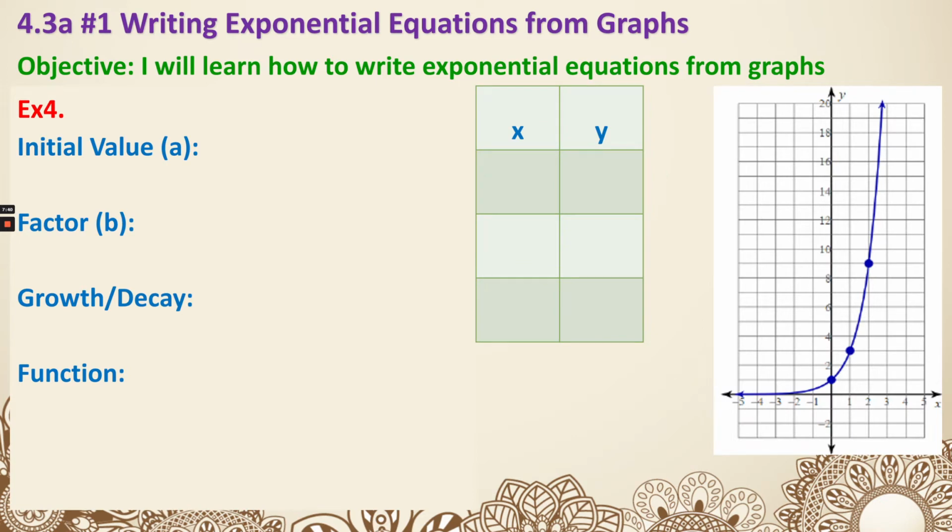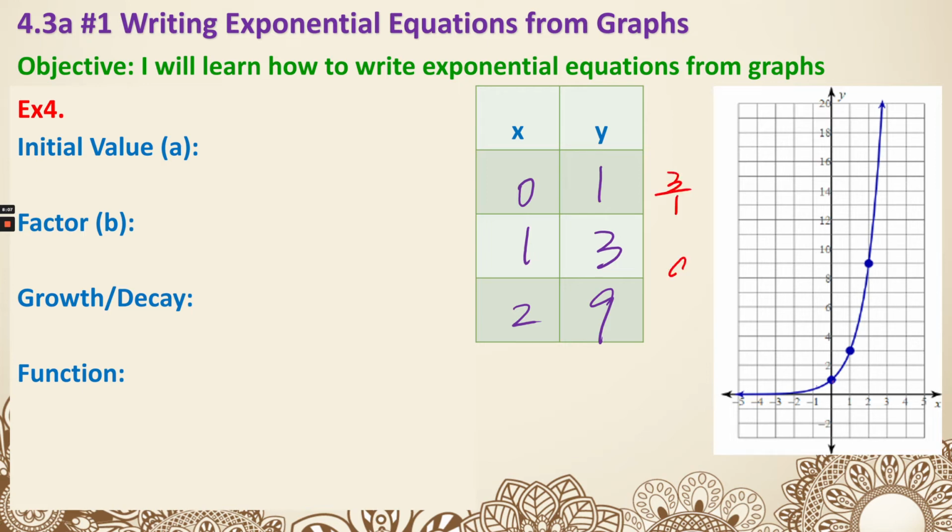This time you are not given the points, you're not given the table, so you are going to need to identify the points to actually form the table. The points are labeled for you in a way, so remember you've got to read your points from left to right. My first point is 0, 1. Second point is 1, 3. Third point is 2, 9. So for my factor,